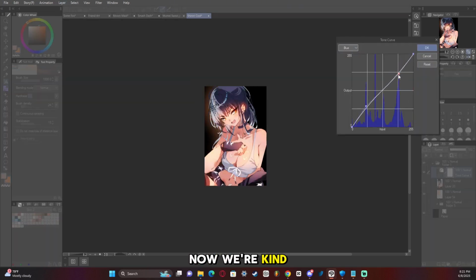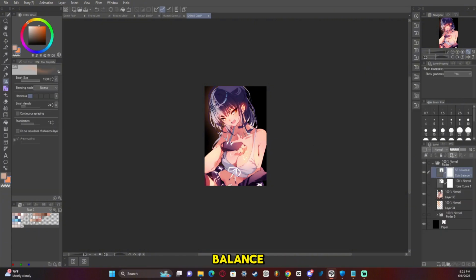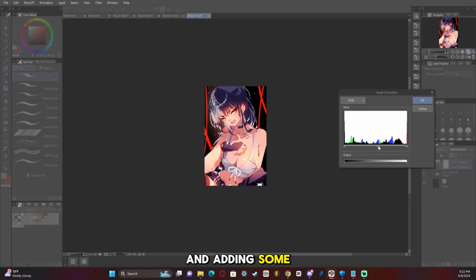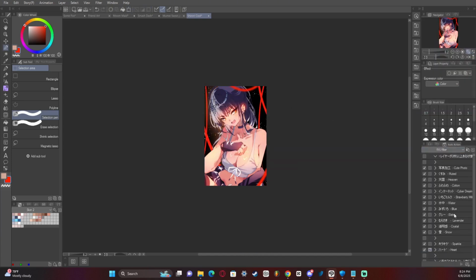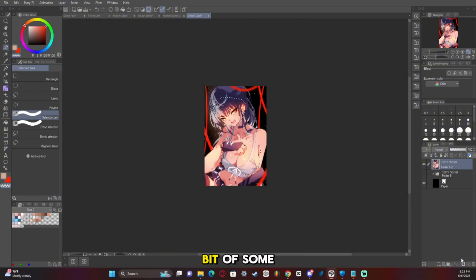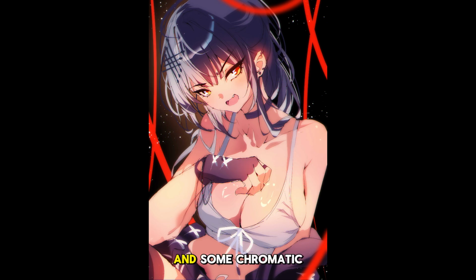Alright, now we're kind of adding a bit of a glow behind the character. We're doing some tonal curve and some color balance to kind of find the colors we want for this artwork. And adding some droplets, like specks of light, and some background composition where I want to lead the eye. There we go. Now we're adding a bit of some filters and some sharpening to the face and chest where I want people to look. And some chromatic